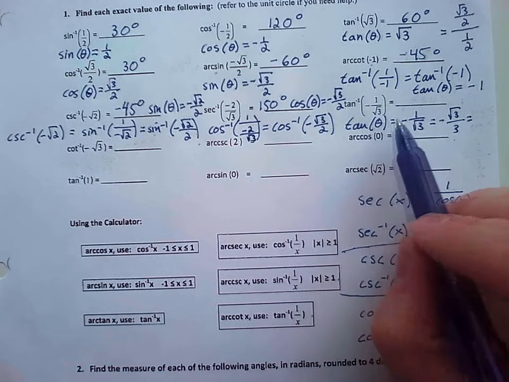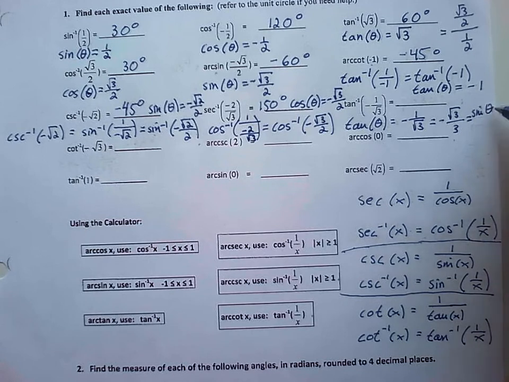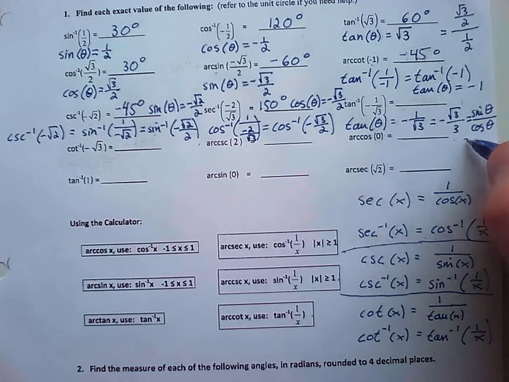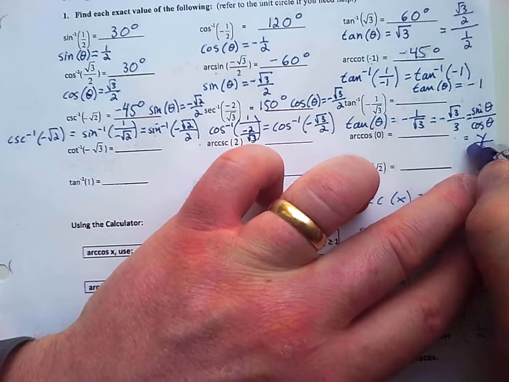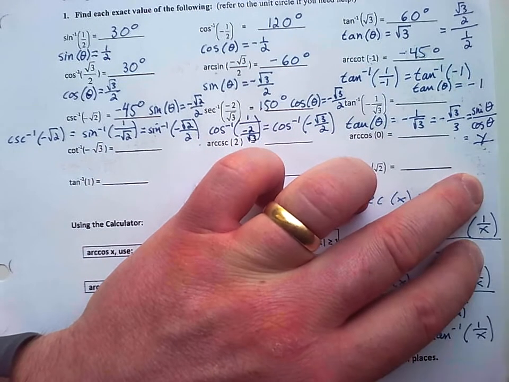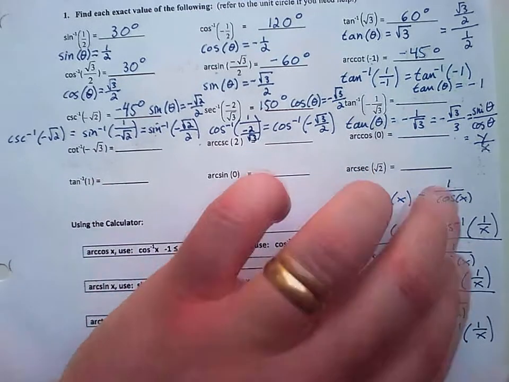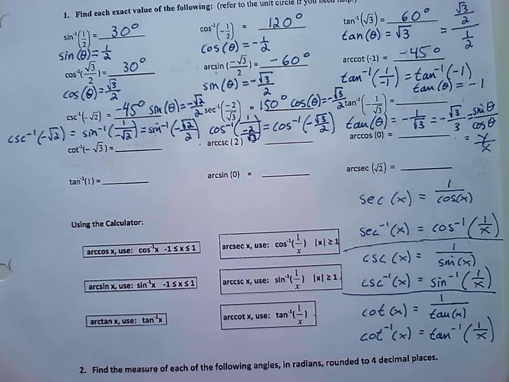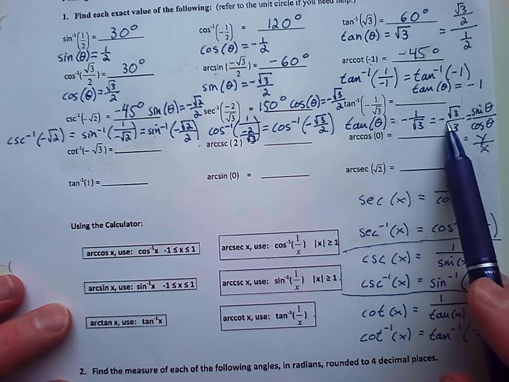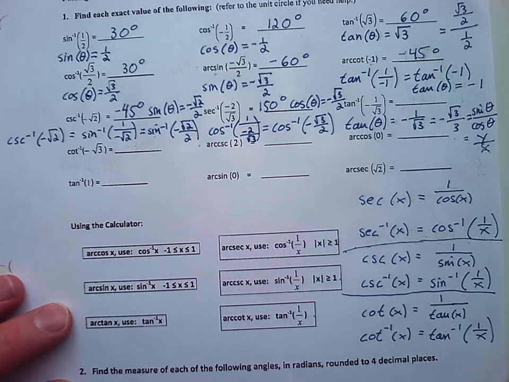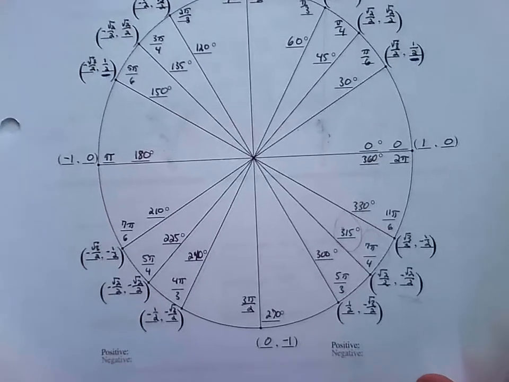Again, keep in mind here that the tangent of theta is defined as the sine of theta divided by the cosine of theta, which is the same thing as taking the y value and dividing it by the x value. Because the sine is the same thing as the y value, and the cosine is the same thing as the x value. So what we're looking to have is the y value divided by the x value giving us negative square root of 3 divided by 3. So if we look over here,